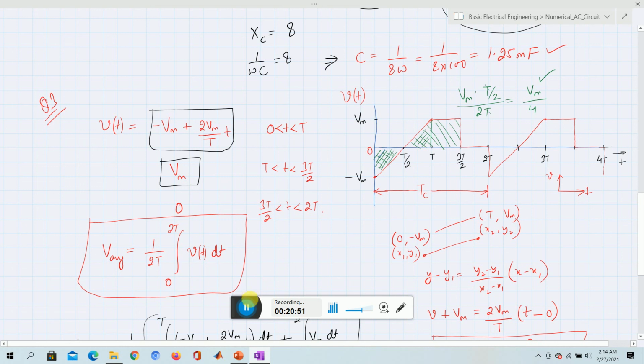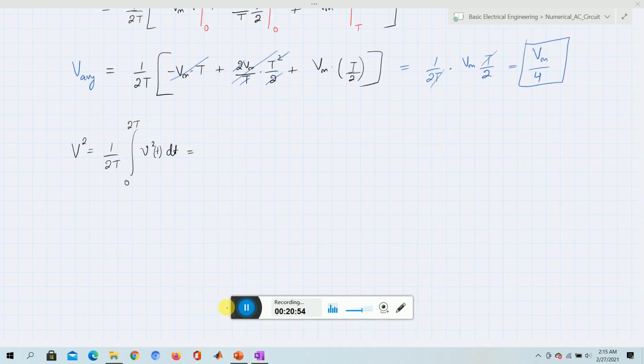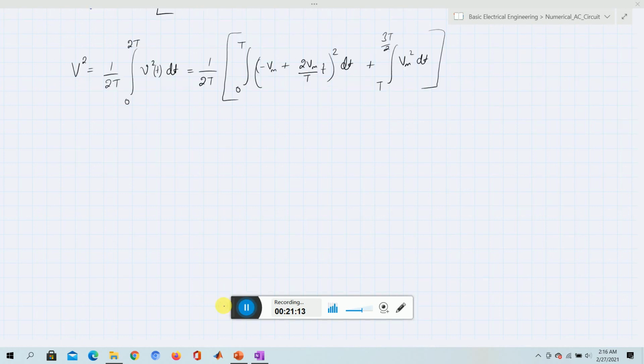So let us find the RMS value. We have written the formula for the RMS value. We just take the square here, instead of putting a root over the entire term. The RMS value is the root of the integral of v square of t dt. Let us substitute the value of v of t here, from 0 to T. We have to do the square everywhere, like this v of t. After that, we can write this as 1 by 2T. Now we have to do the square first, then the integration.